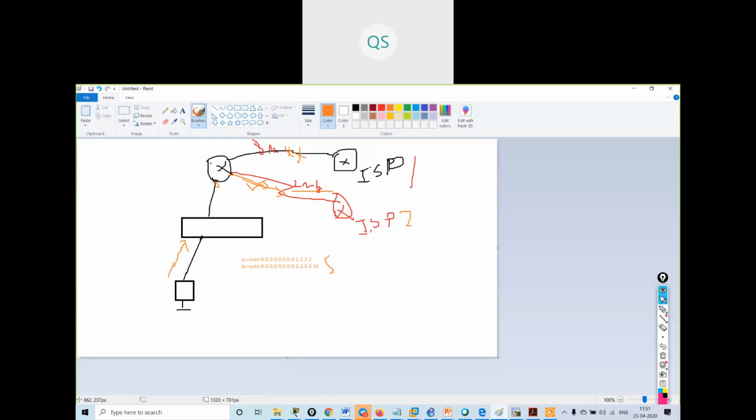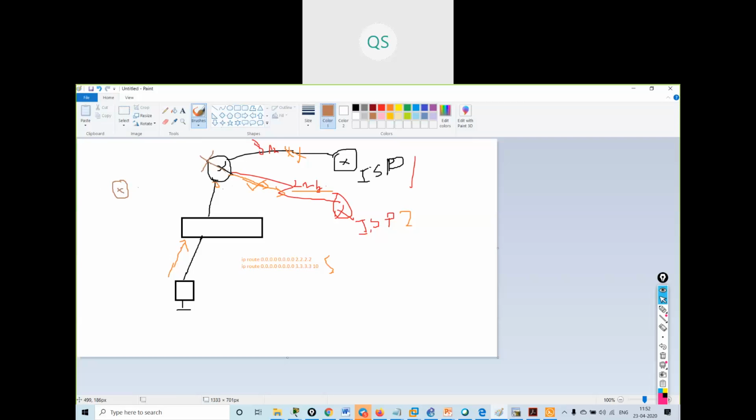Okay. So suppose if my this router goes down, then what I can do? I can have one more router in my network. I am having one more router in the stock.